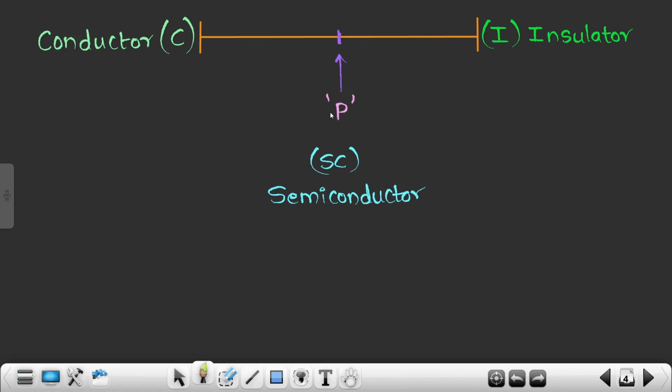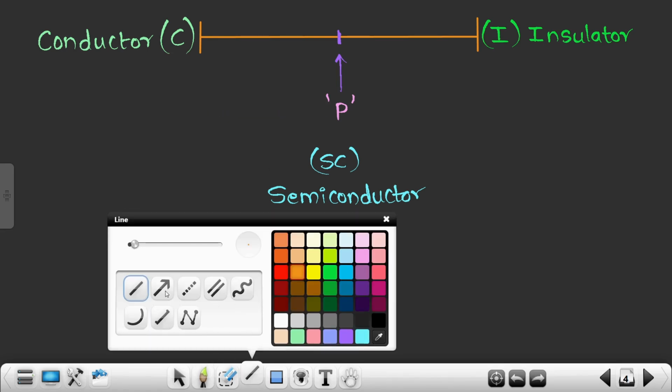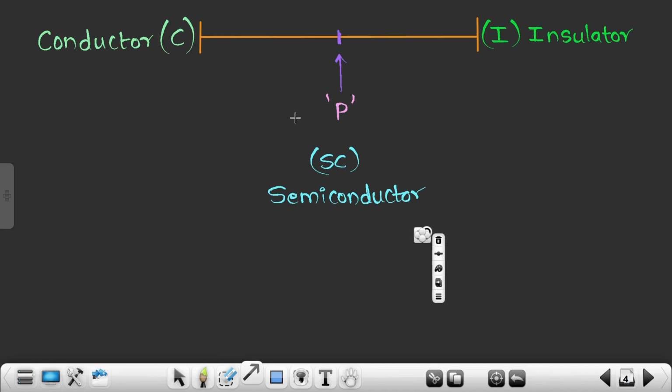So I will vary this parameter and make sure it moves in this particular direction. If I want to operate this semiconductor as a conductor, I will move this parameter to the left side, to this particular side. And when I do this, what I notice is that